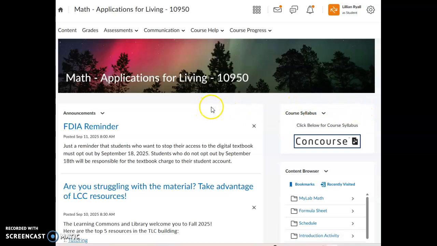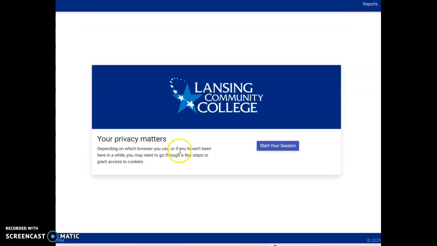I wanted to give you a tour of our classroom. This is our D2L classroom site, and in here you're going to see some tabs at the top. When you come to the page, you're going to see the announcements. On the right hand side, you're going to see the link for the syllabus. If you click here, you can pull up the syllabus, and I would suggest that you read through this